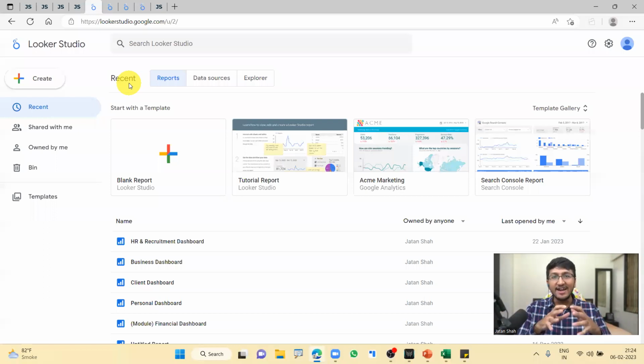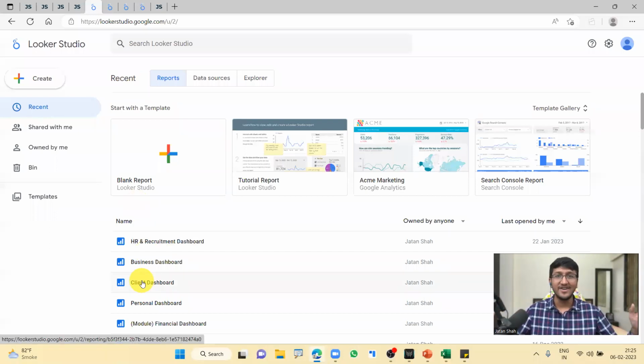Fourth, your entire data is going to be completely secure inside the platform. This platform is one of the only Google products which does not share your data with anyone else, not advertisers, not even Google itself. Your data is kept only inside your account where you can see it. So you can use it for your company data as well. I use it for my clients, for my company, everything. It is 100% secure. And the same thing is mentioned in the terms and conditions as well, which is a long document. You can go and read it or take my word for it. All right.